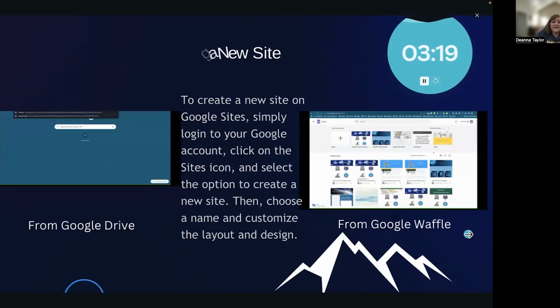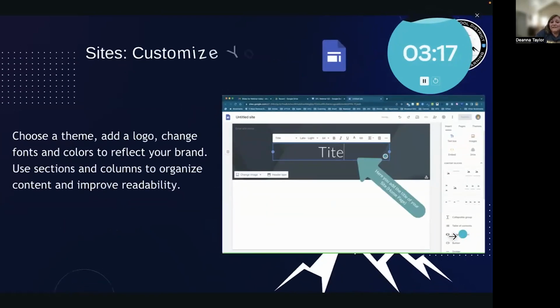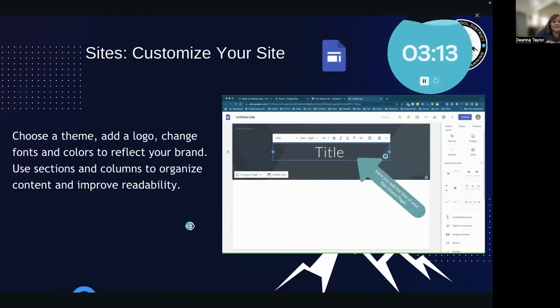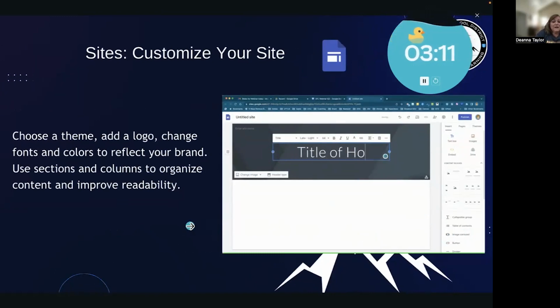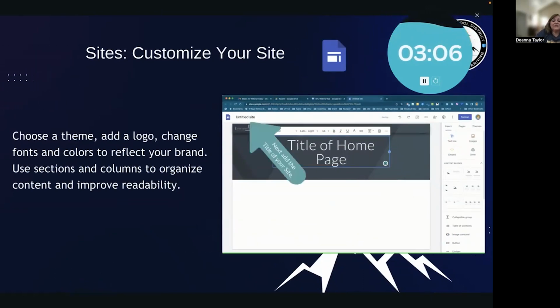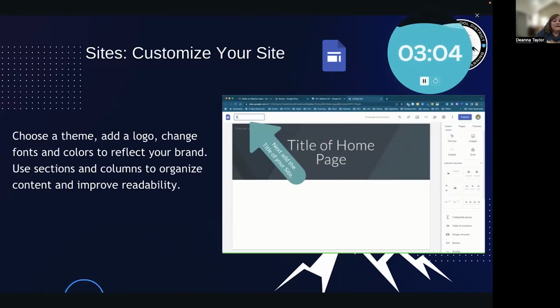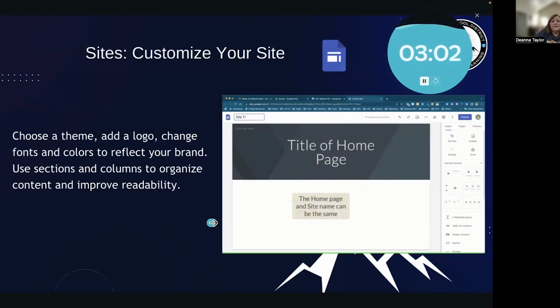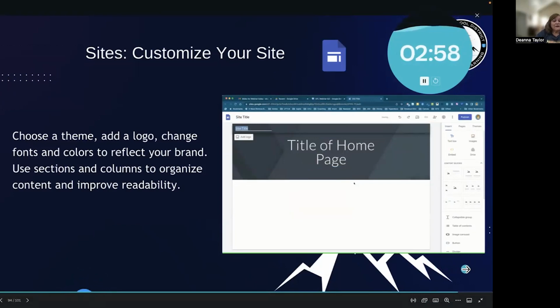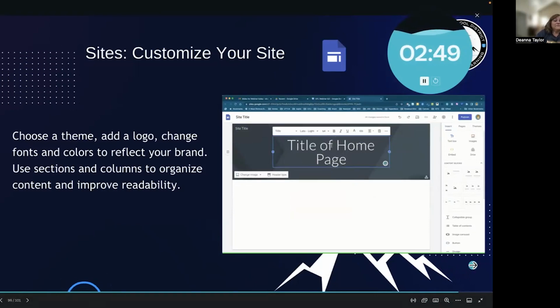Next one. Once you've created your site, you can add any kind of theme or title you want. There are themes over on the side. But what's really nice about the new themes in Google Sites is that you can upload your own, or you can customize it within there. And you can also use Canva, which is really great, to create your banners across the top, as well as your buttons, and all of those things can integrate very easily into the Google site. So it's really nice that way.